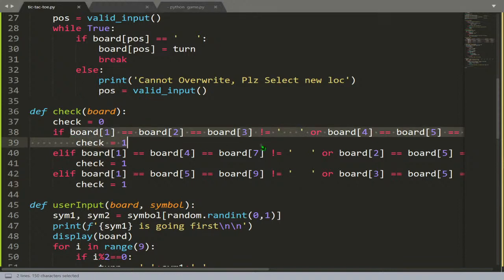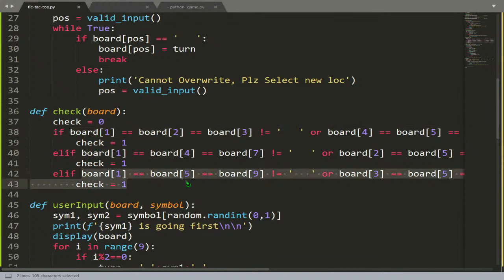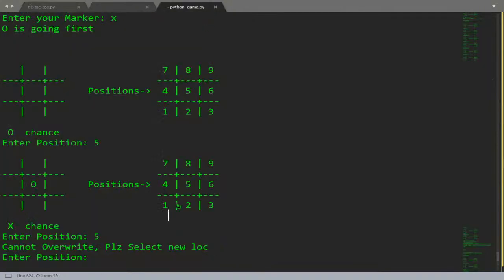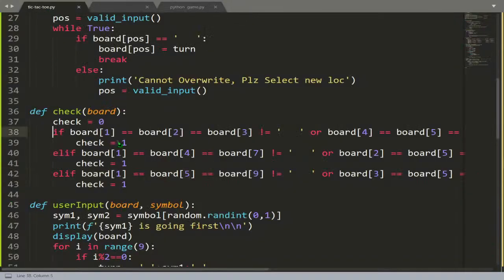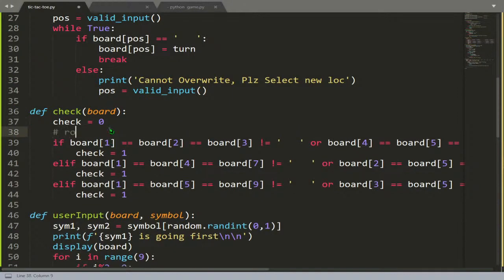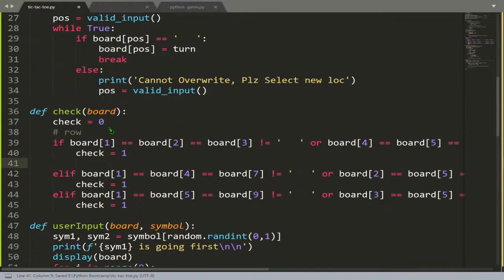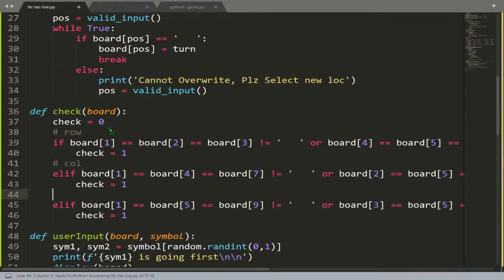As I have 4, you can see that this is for the rows, this is for the diagonal, and this is for the column. Am I right? 159. No, I will just label them row, col, and diagonal. So as there was a suggestion about checking board of 1 with board of 2 and board of 1 with board of 3,